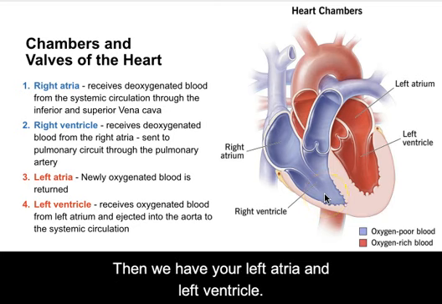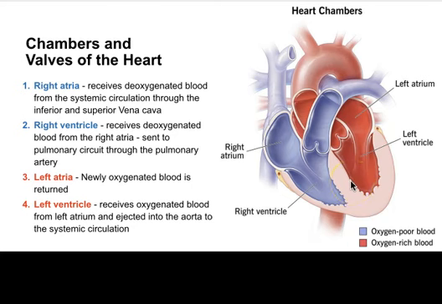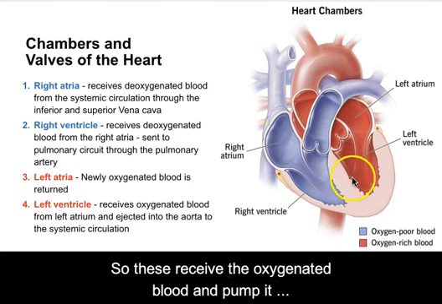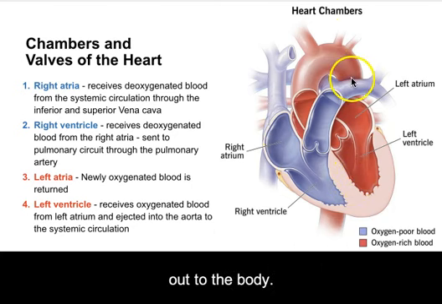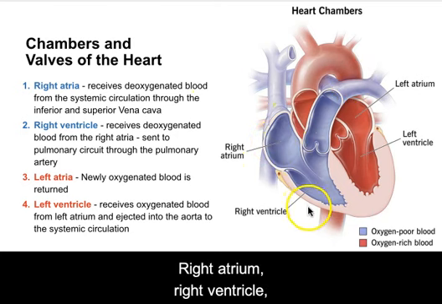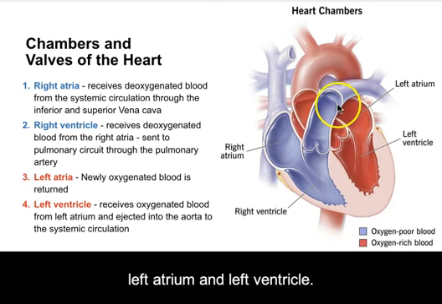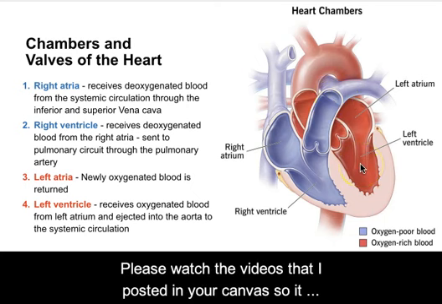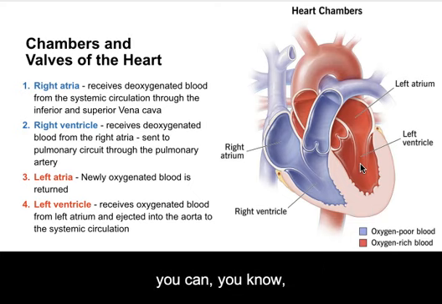And then we have your left atrium and left ventricle. These receive the oxygenated blood and pump it out to the body. So these are the four chambers: right atrium, right ventricle, left atrium, and left ventricle. Please watch the videos that I posted in your Canvas so it will help you to understand the